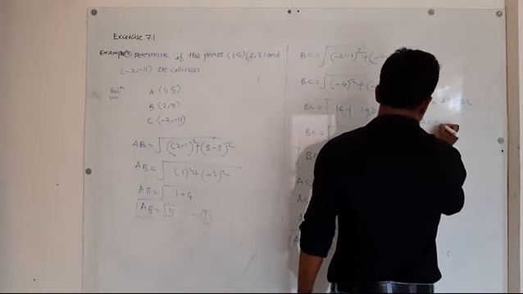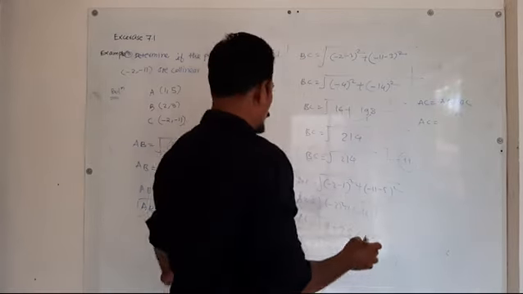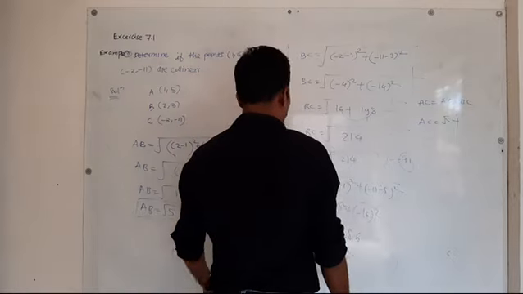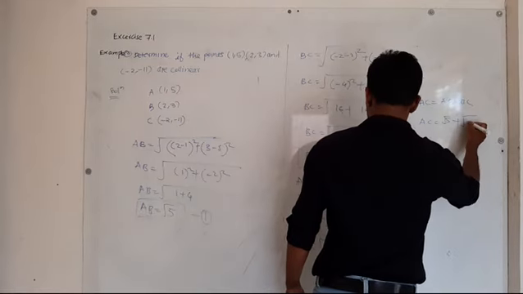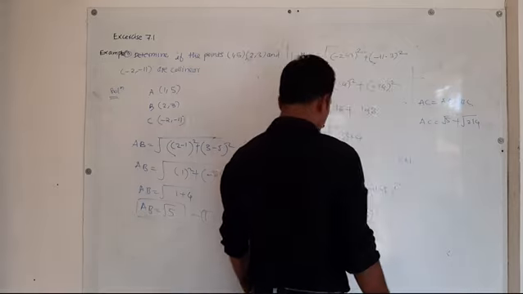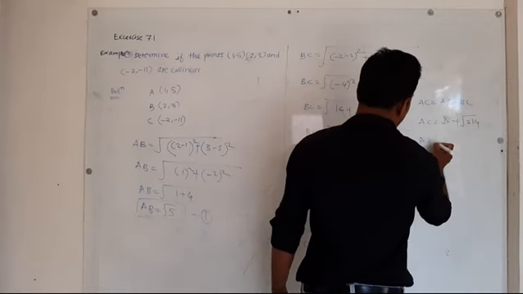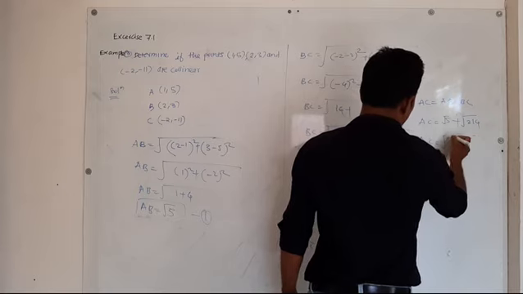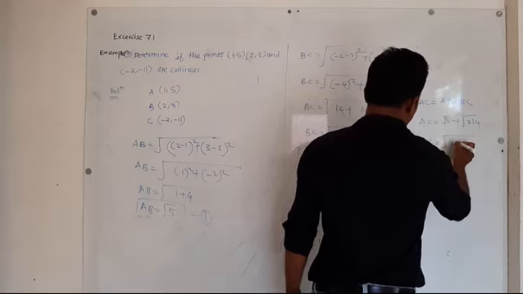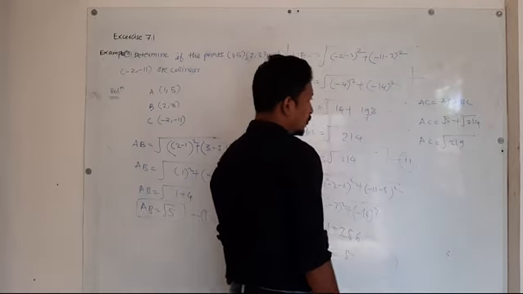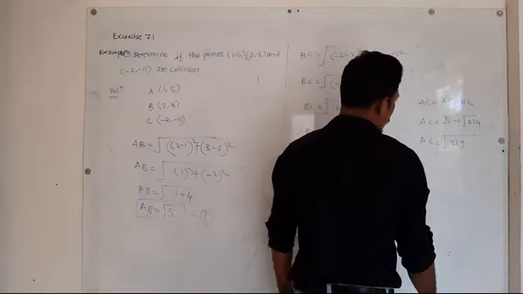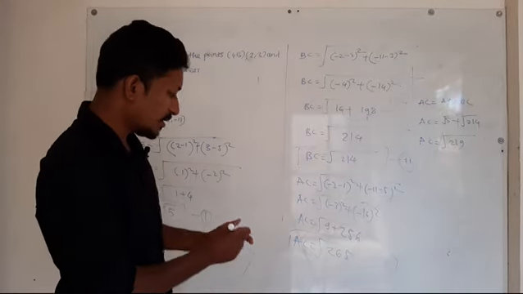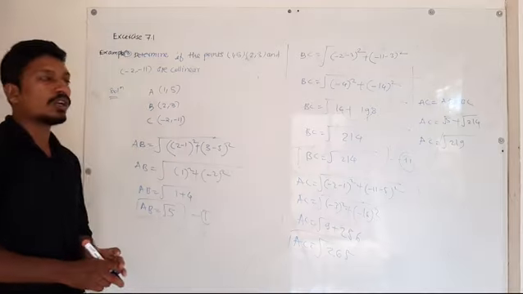Check it. AB is how many? Root 5 plus BC is equal to how many? Root 212, right? Then AC is equal to, this is what? Root 5 plus root 212 is not exactly equal to AC. This is not exactly equal to what? AC. Because which is the condition of collinear?